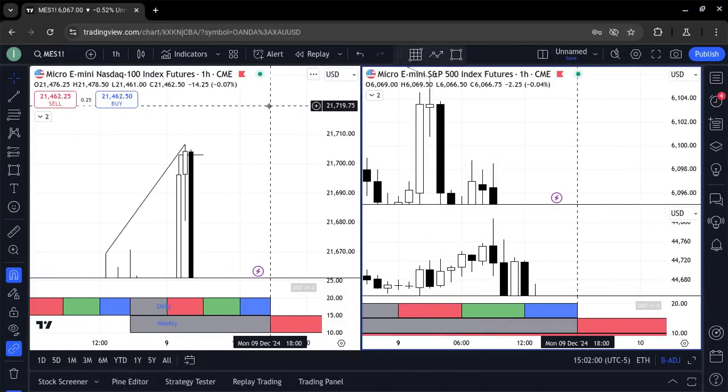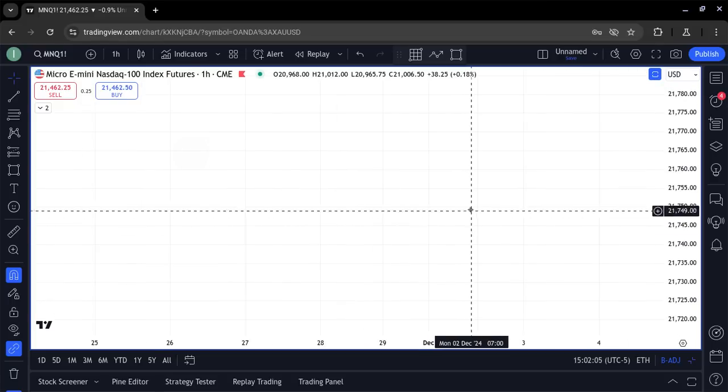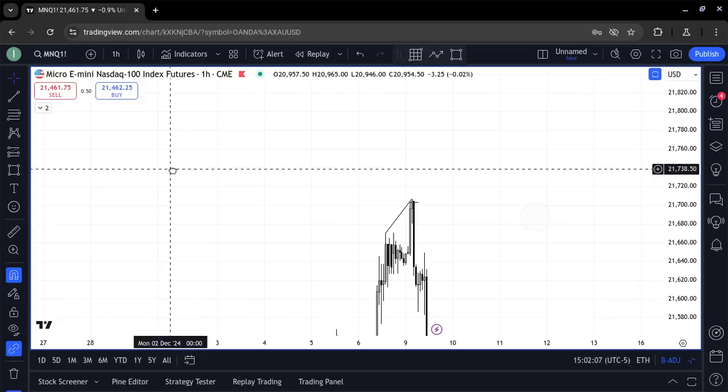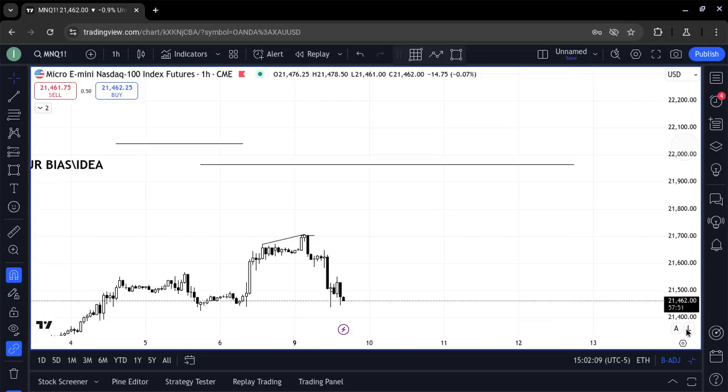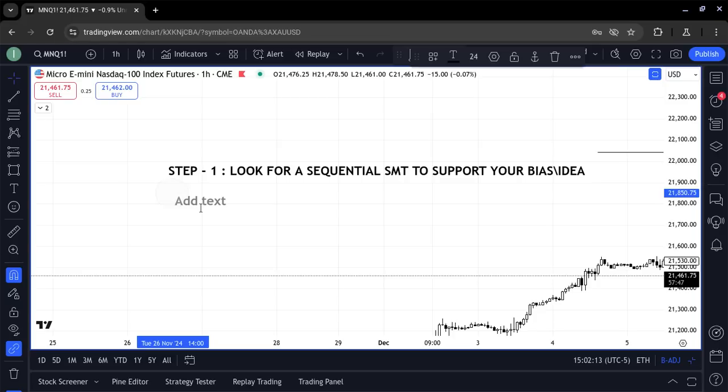So SMT tells you that the price is about to reverse. A PSP confirms that the price has reversed, and you will see a reversal in price. So step 2 is to spot a PSP candle,